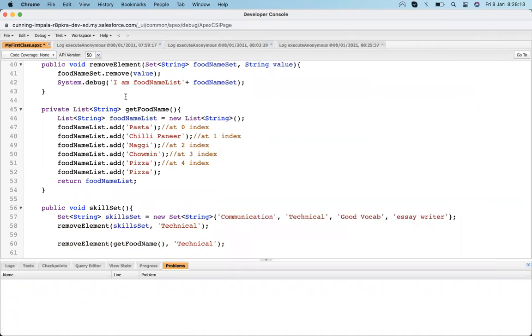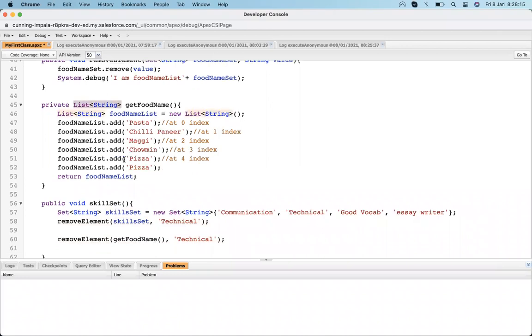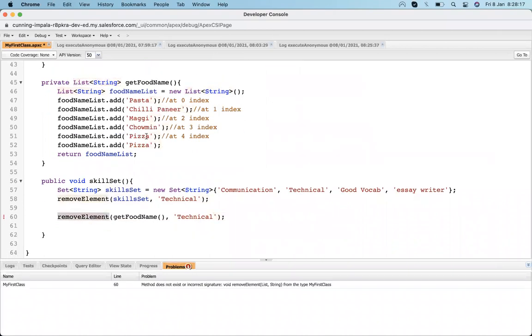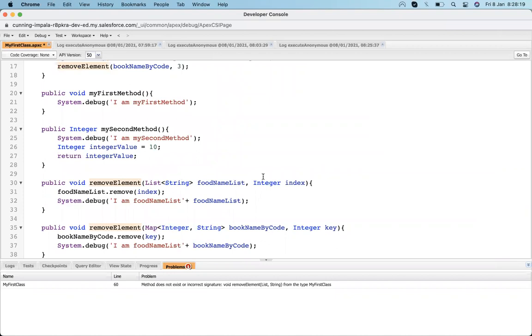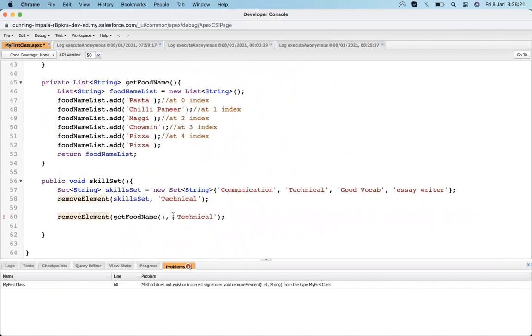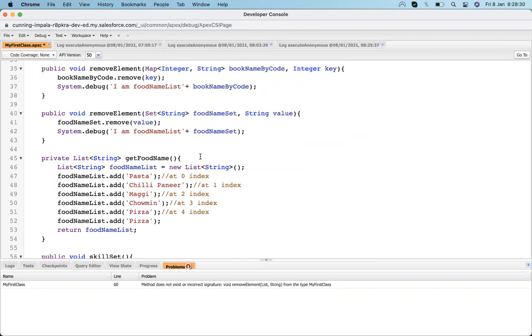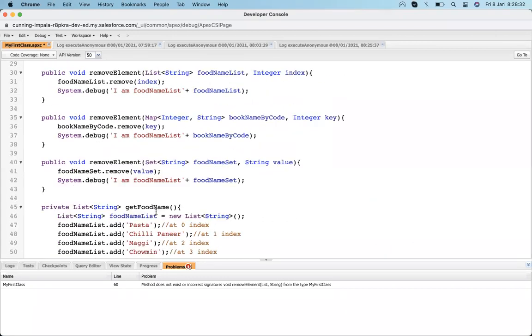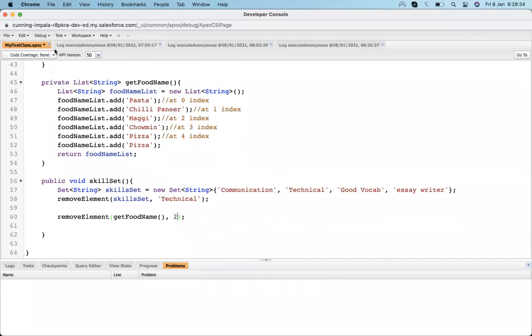One of the remove methods is accepting a list as a parameter and the index of which element I need to remove. Suppose I need to remove Maggie, so I will write 2. It will remove Maggie from this list, and let's check.